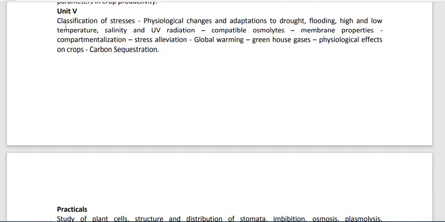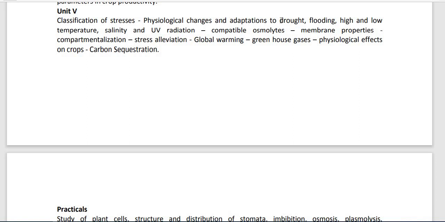Then unit 5 deals with two major processes. One is the stress physiology, that is the stress. Then another one is global warming, which in our day-to-day life we are facing. So coming to the first part, that is the stress. In stress, there